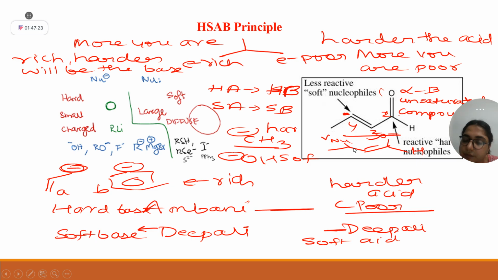Clear? Okay, ma'am. So RMgBr, the Grignard reagent, is hard, and RLi is hard. Why are they hard in comparison to copper? For example, let's compare organolithium with organocuprate. Li quickly wants to become Li+. Why? In order to attain noble gas configuration, right?